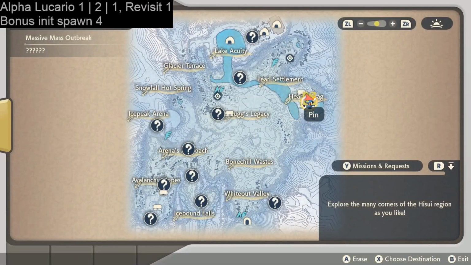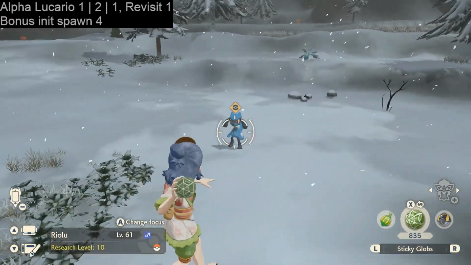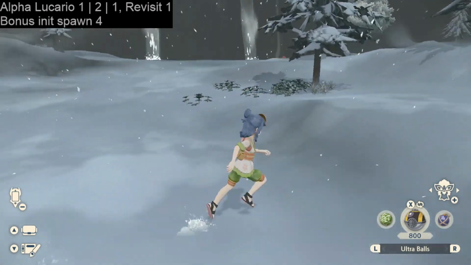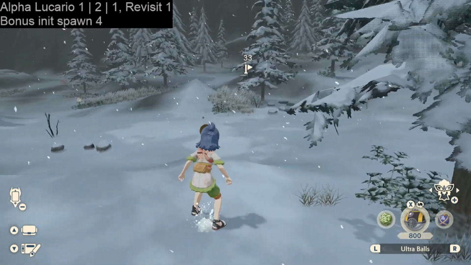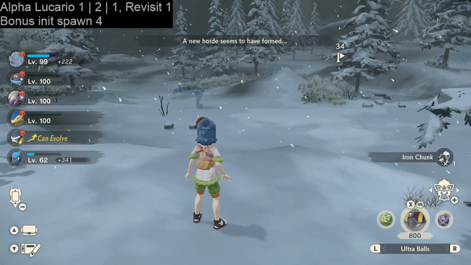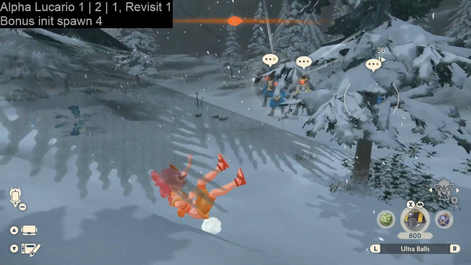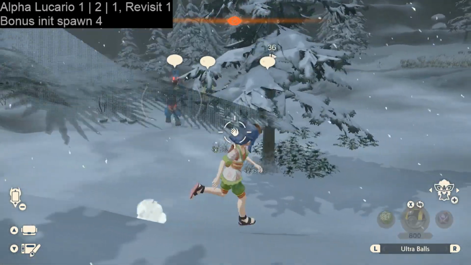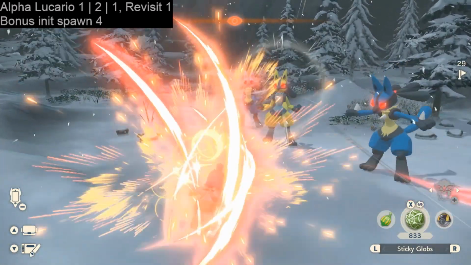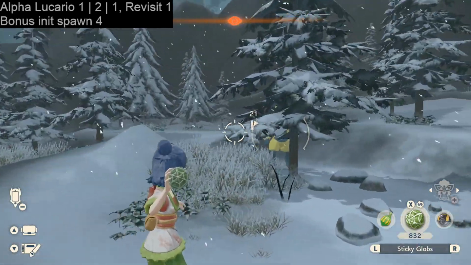Let's find our last spawn over here. There he is. Alright, so now we revisited 1, so we can catch this, and now the bonus round should spawn, and one of them should be shiny, if the seed is right. And, yep, there you go. So you see the seed that we got is in fact the correct one. Because this is not going to just happen randomly. I mean, it can. Stranger things have happened, but...